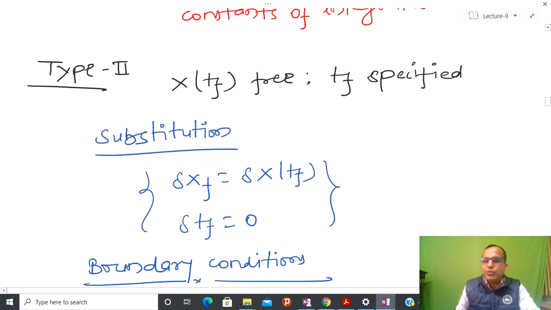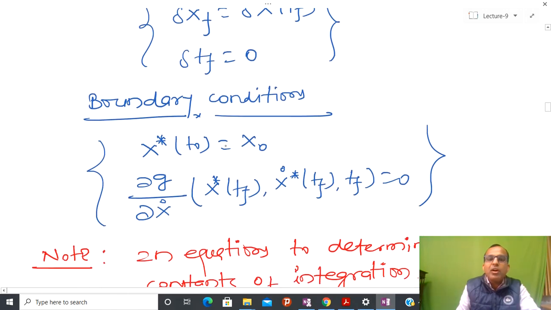Now let us see type 2. Again, same as the scalar case. Now I am assuming this as a vector, and I am assuming that x(tf) is free, but time is specified. So whenever time is specified, it means that the variation with respect to time equals 0, and delta xf may be arbitrary, because x(tf) is a vector and it is free. So now in the boundary condition, you can see that the initial state is known. So I can put this information from the initial time, t0 and whatever x0 is given. So from that we will get one set of boundary conditions.